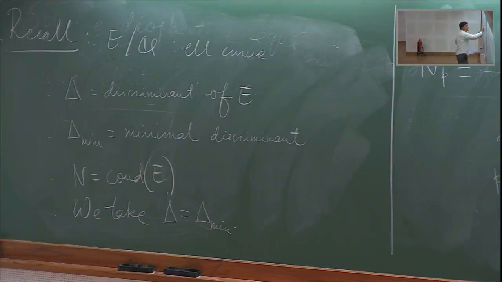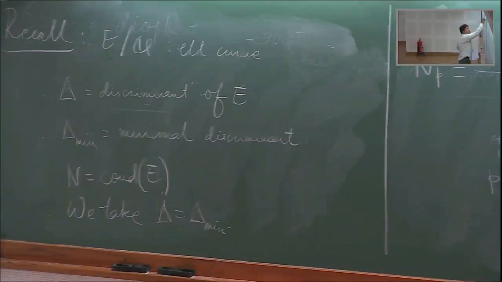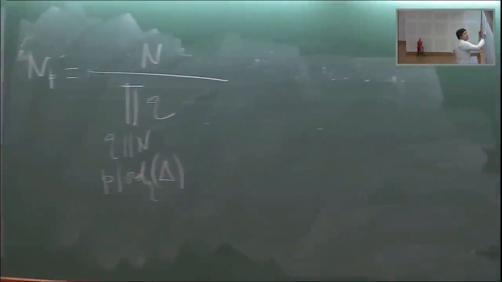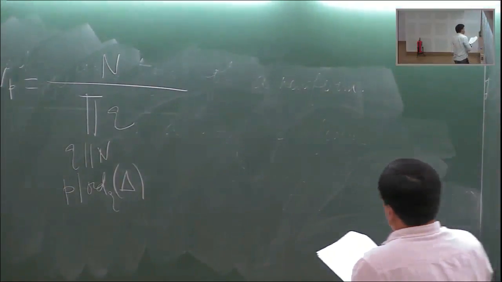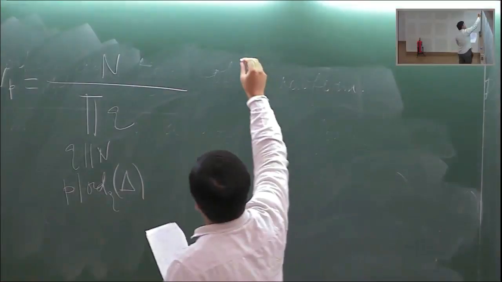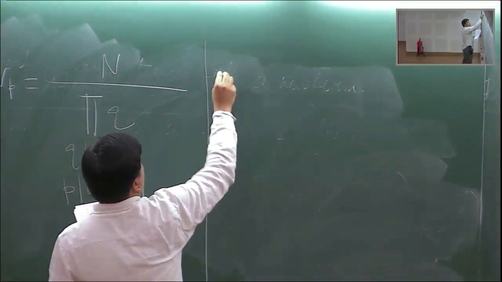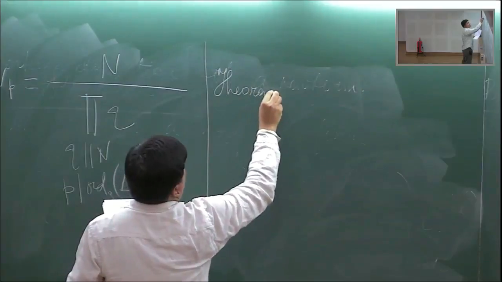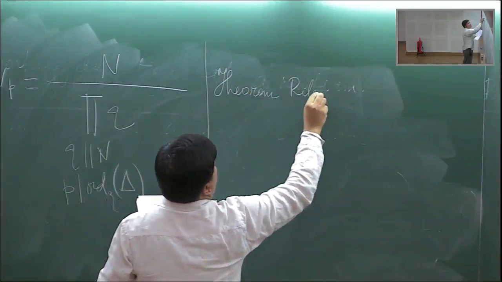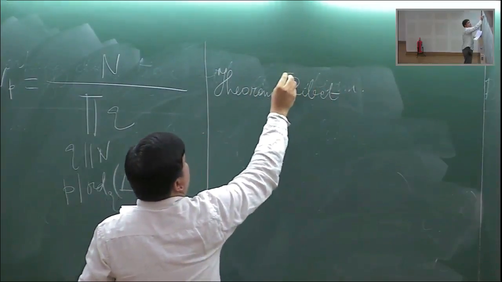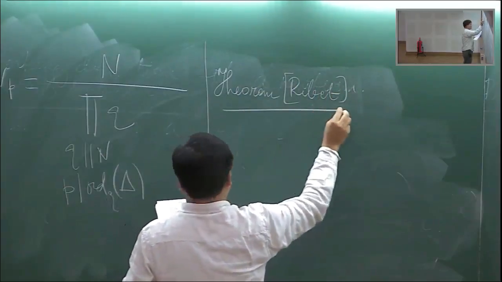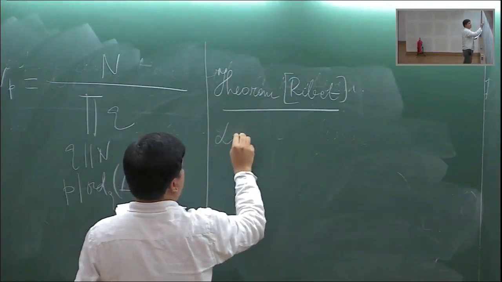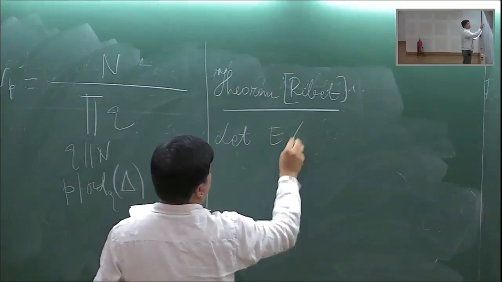It's called the level lowering theorem of Ribet. Theorem. Ribet says that, let E be an elliptic curve over Q,